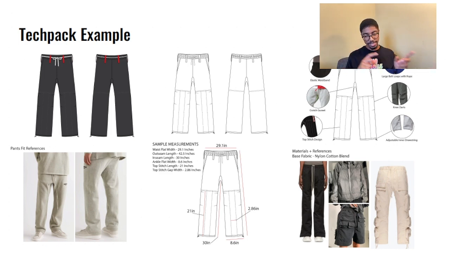Or that, as well as things that I think is important to include in a tech pack. So over here, we have my color mock-up. This is to show what the garment looks like and the correct colors and everything like that. It was supposed to be black, red belt loops, white rope drawstrings at the bottom, stitch details and everything like that. So you want to show this so that they understand what it should look like in its most final